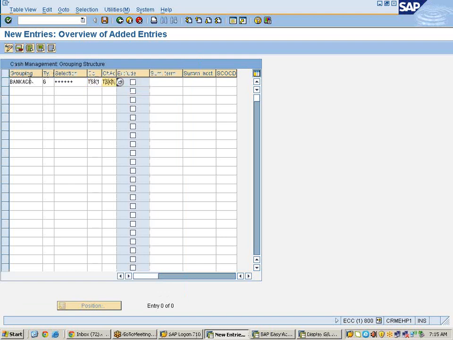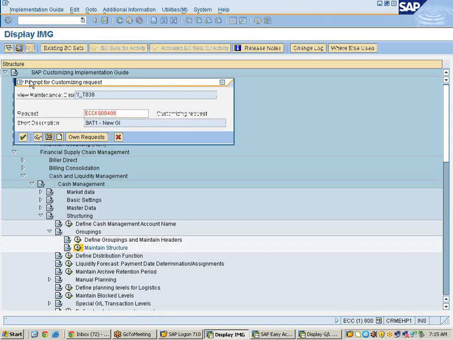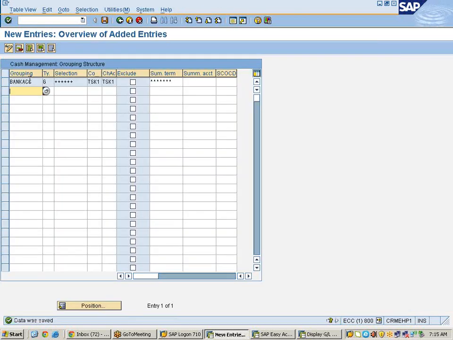Chart of accounts. Do not exclude. So summarization of terms. Again we have 6 digits here. Save it. Now whatever account is related to the bank account, it will update to the planning. So like this, you can update for the remaining applications also.